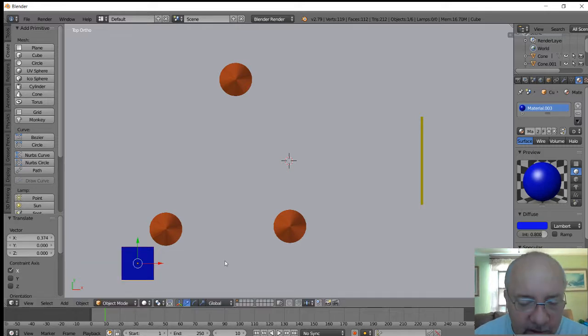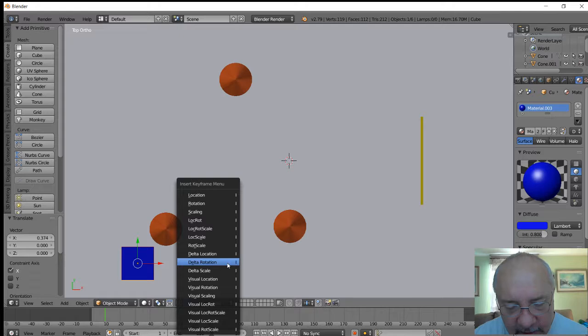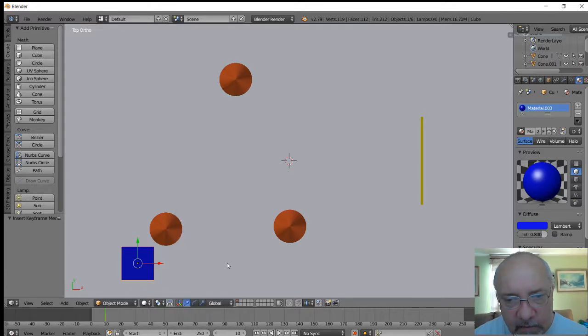Alright, and now we are going to say I for insert keyframe and L for location. So now we've recorded the new location. This is where Blender really pays off,